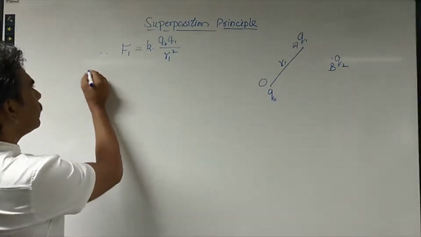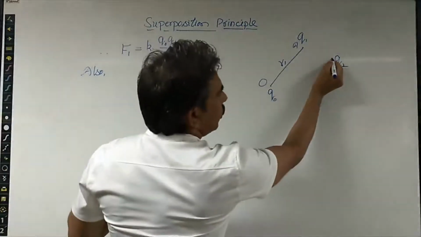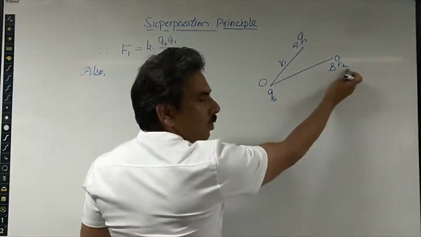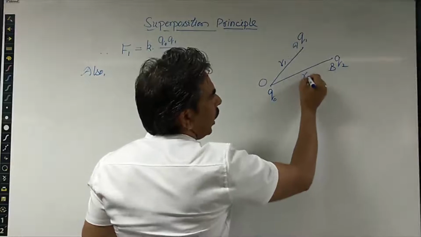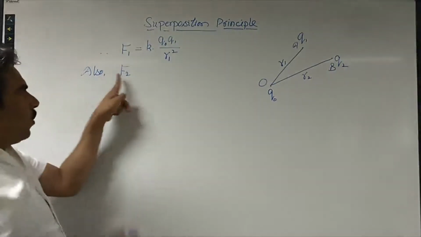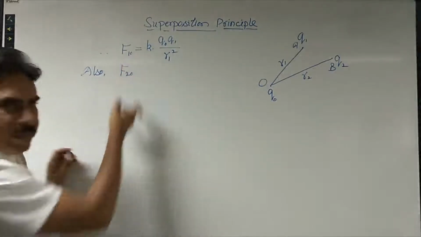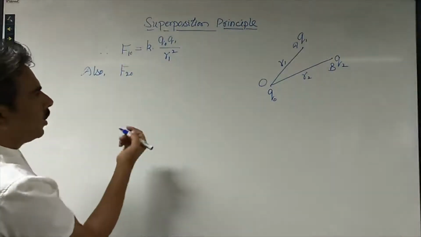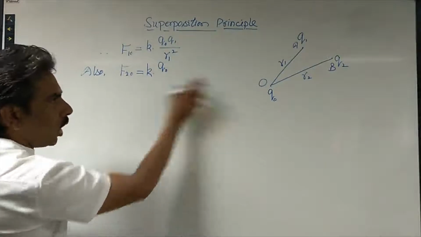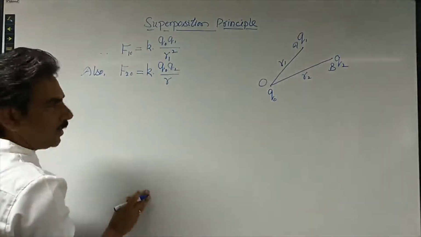And also, you can write the expression for the force exerted by charge Q2. We can write it by considering the position of charge Q0 from Q2. Let it be R2, so this distance is R2. So we can write the force F2, the force exerted by charge Q2 on the test charge. You can write the subscript naught in every expression if you find it easier to remember. So this is equal to K into Q0 into Q2 upon the separation between them, which we are taking as R2 square.